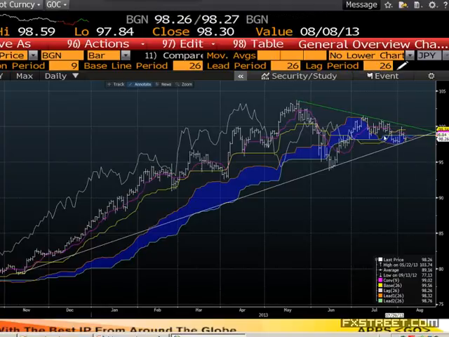Right now, I think there's probably a good chance that we stay within this range, unless the Bank of Japan throw something out there and are very dovish. If they don't do that, then I think we could potentially see the market really leaving dollar yen on the back burner in the next couple of weeks. Remember, we have the Fed minutes, which come out.